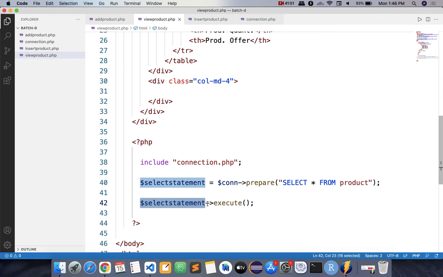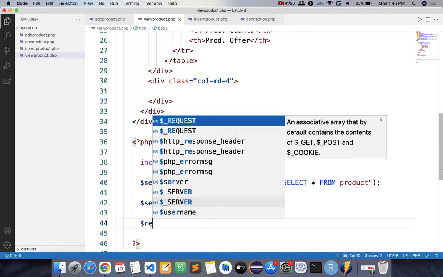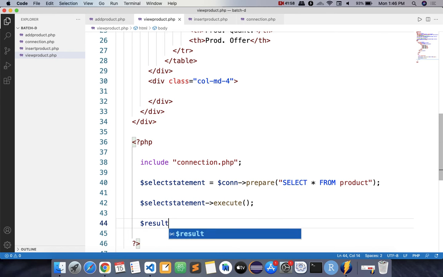त्या स्टेटमेंटमध्येच आहे, आपल्याला त्यातनं सेपरेट करायचं. So for that you need one create variable, that is result. These are all the variables which are started with the dollar are user defined. We are creating those variables. So $result is equals to, from where we will get that data? From the select statement. get_result is the method which will get all the selected data in the variable result. Now there can be 100 rows, 1000 rows. All 1000 rows will be directly assigned to the variable $result.